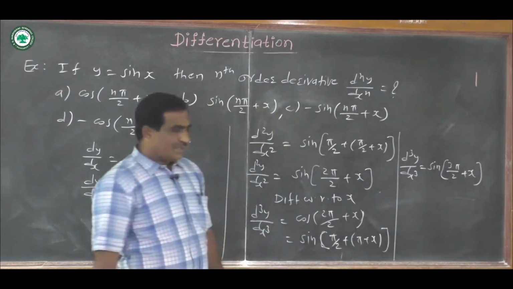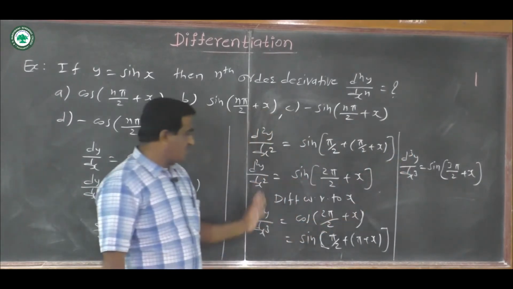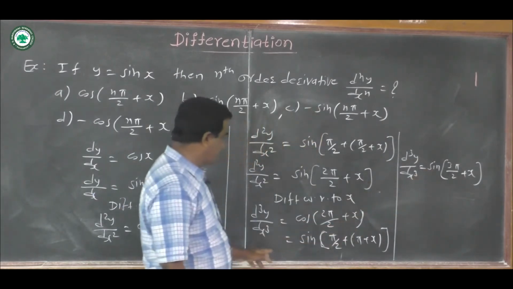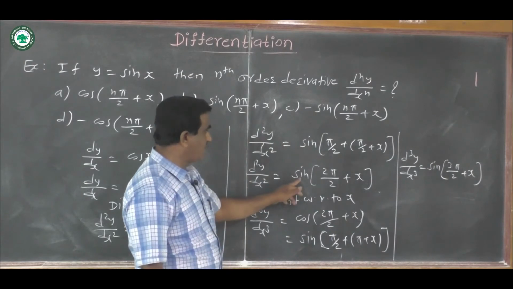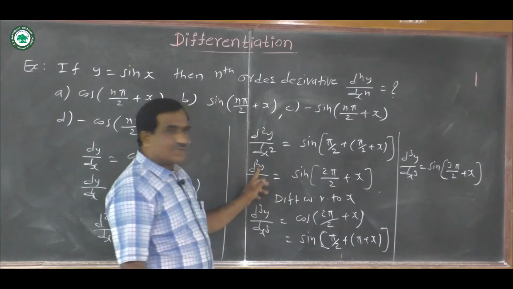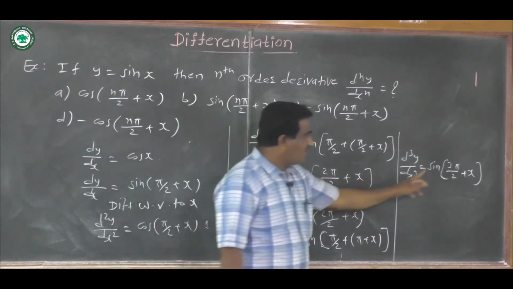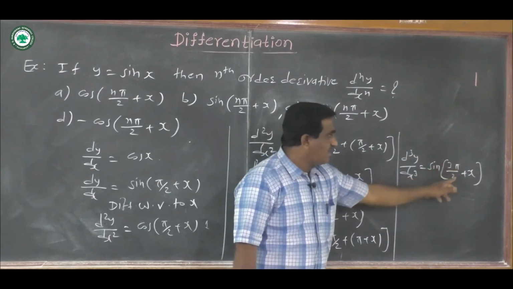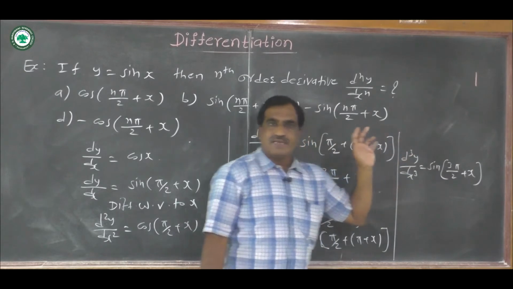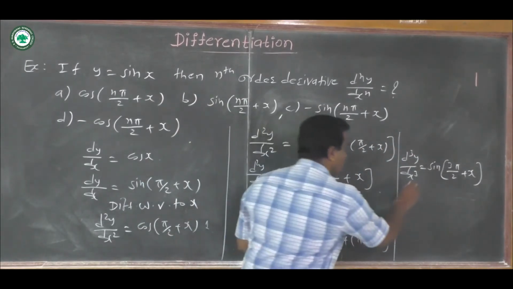Okay. Now here signs are positive for all the derivatives, first derivative, second derivative, third derivative. In the second order derivative, the angle is 2 pi by 2 plus x. When third order derivative, here the angle is 3 pi by 2, and the remaining terms are the same, sin and x. Okay. Now continuing in this way, we can find the nth order derivative for this function, which we can write here